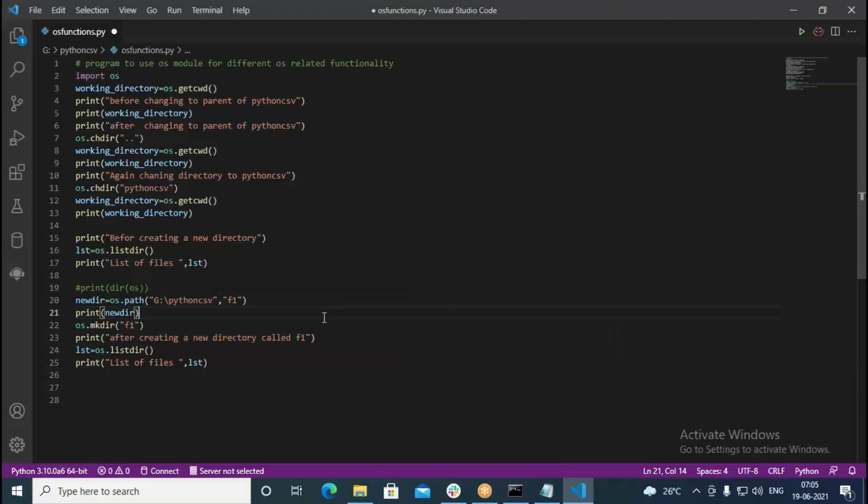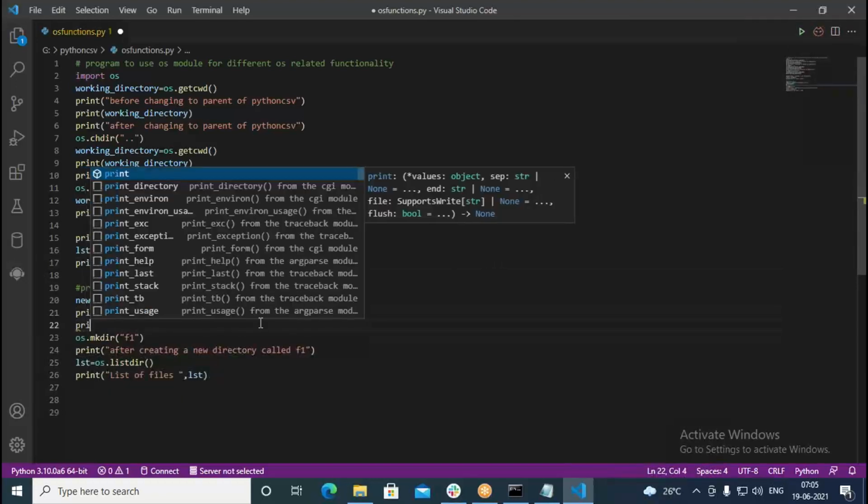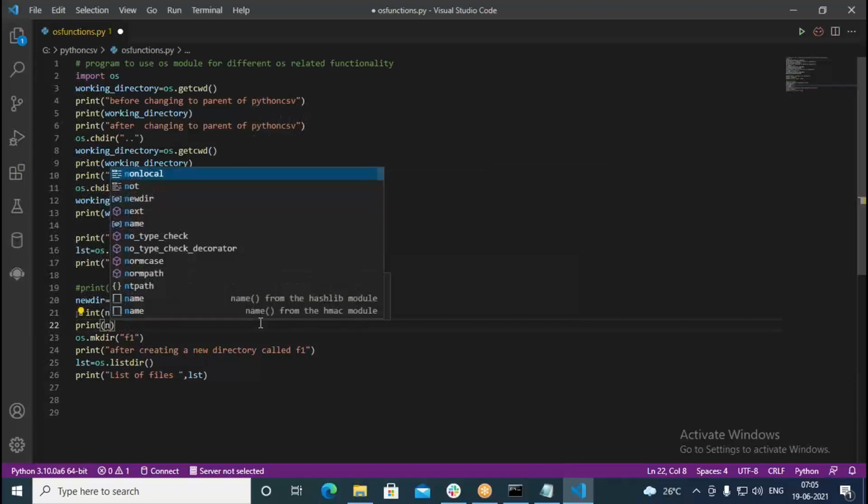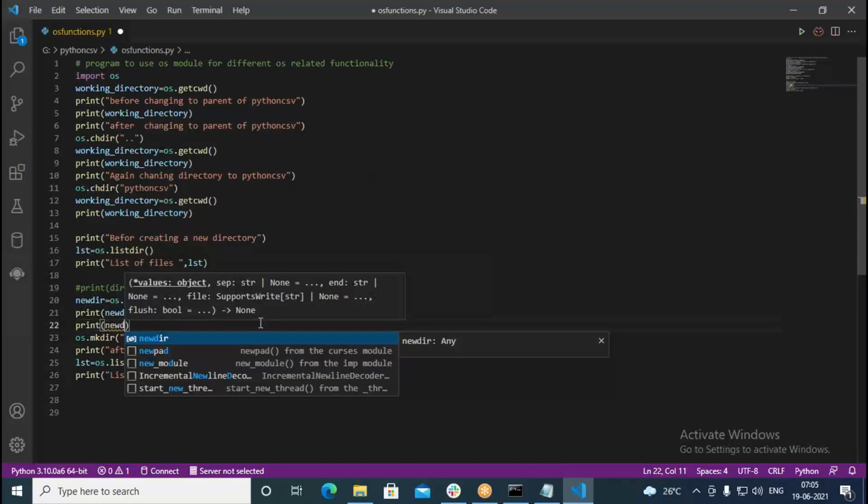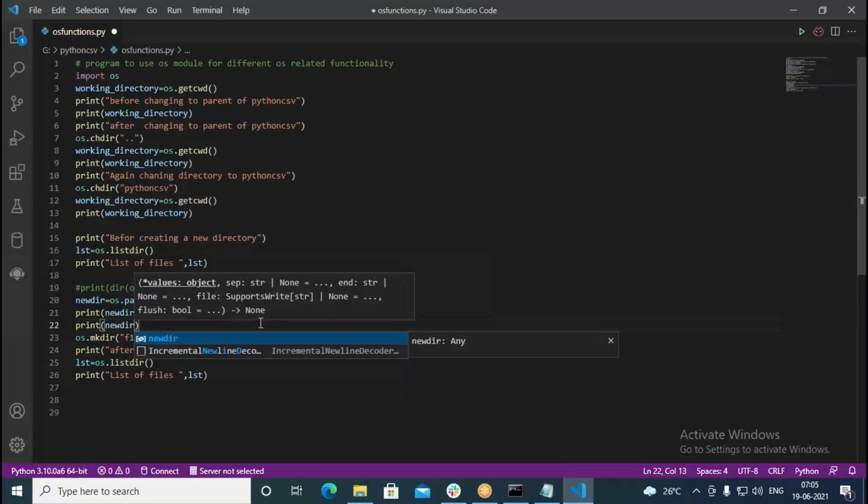So path is combining both the strings, and it can create a new file or folder path as a string for us. You can think of this as the root directory path, and this is going to be the subdirectory name. We are combining them. Now when we go with the print of new dir, it should print the entire path.